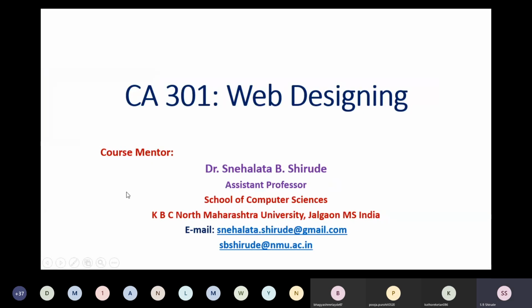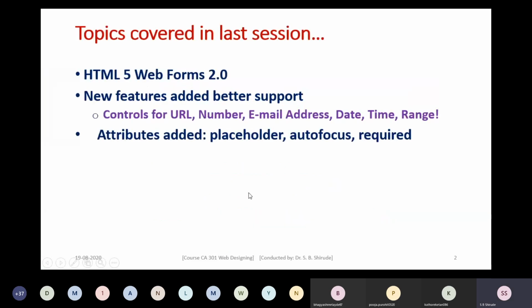So let us start with the new topics that we are going to cover now in this session. In the last session, whatever we have covered today, we have learned about web forms 2.0. We have learned how to add new features for better support, such as controls for URL, number, email address, date, time, and range.